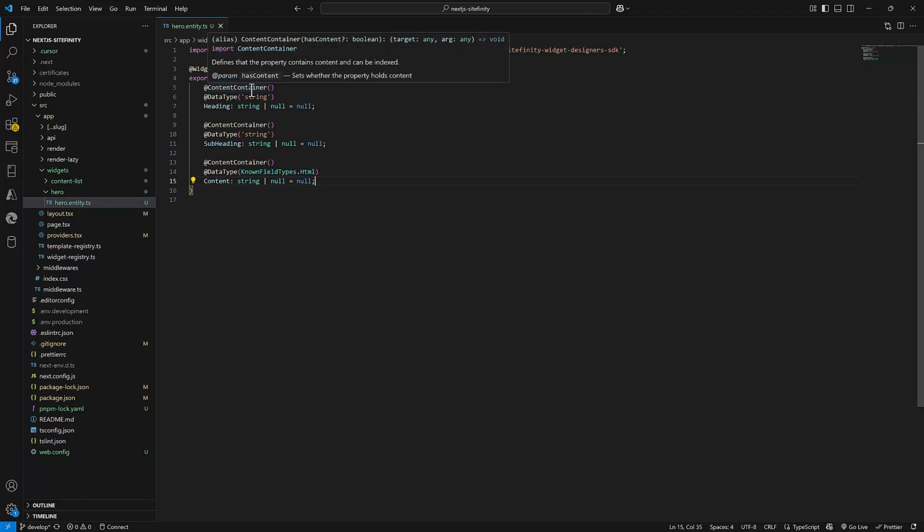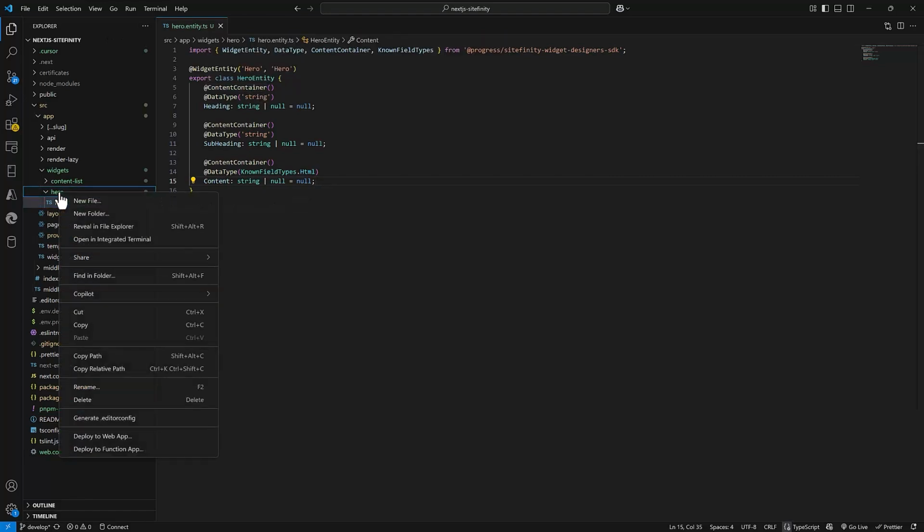For the content field, we have used HTML. This is super handy because it tells Sitefinity to give us a rich text editor in the backend for this field. And the content container decorator is important for enabling features like rich text editing and ensuring these fields can be picked up by Sitefinity's search if needed.